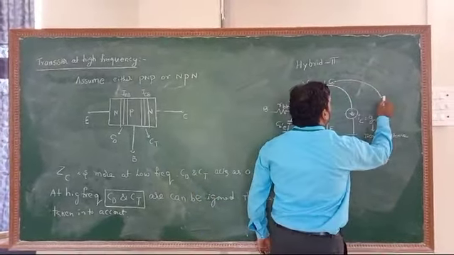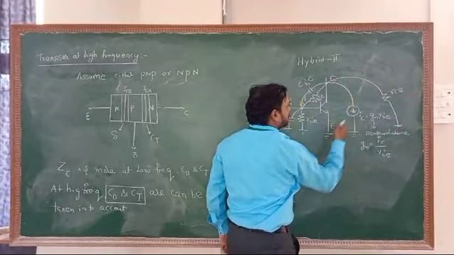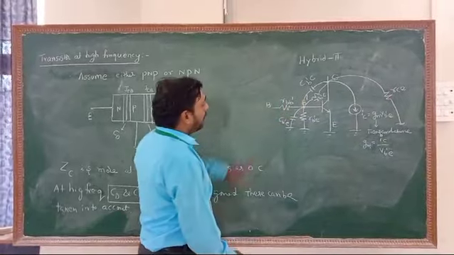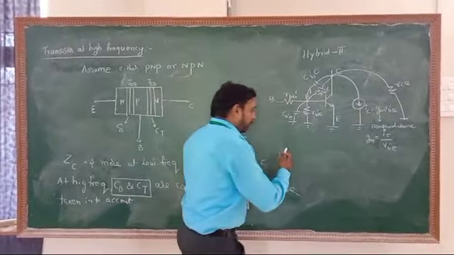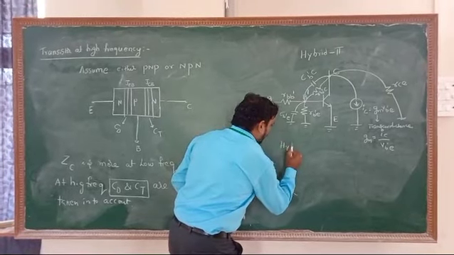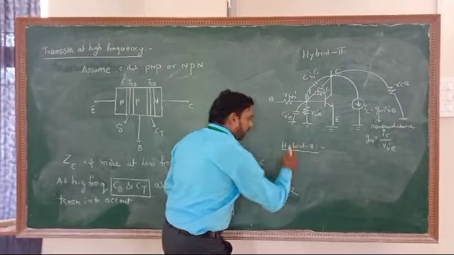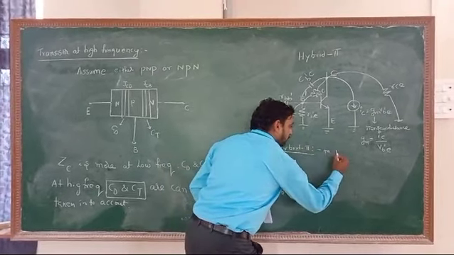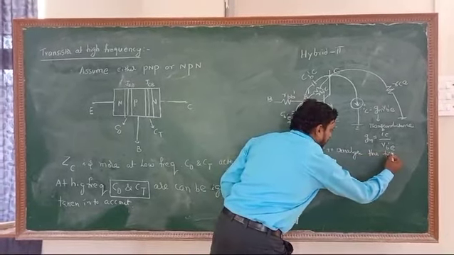And also the output resistance is there: the collector to emitter resistance is called output resistance rce. So based on this knowledge, we are going to prepare the finalized hybrid pi model to analyze the transistor